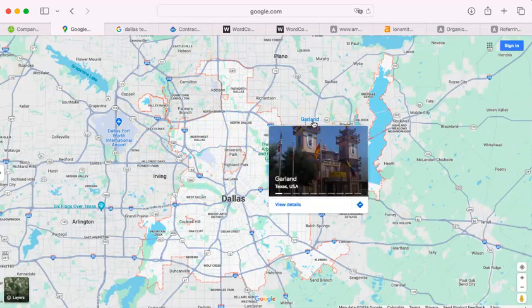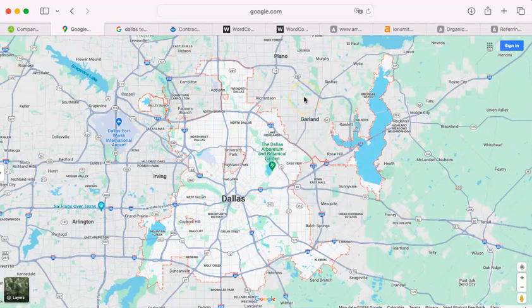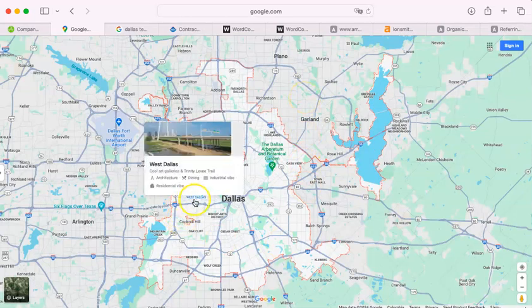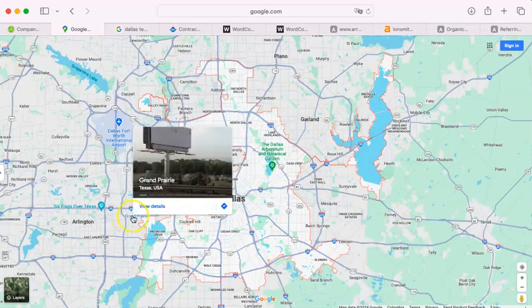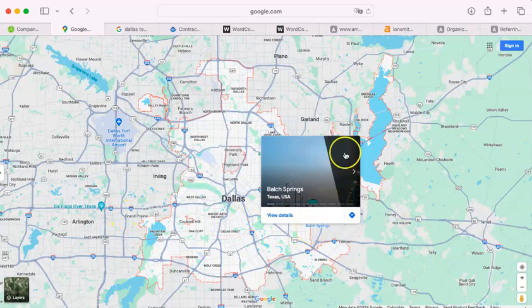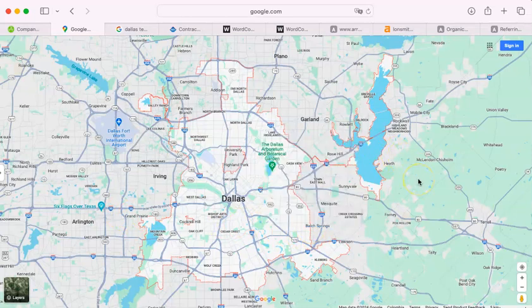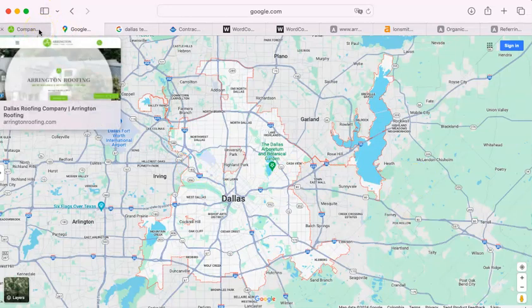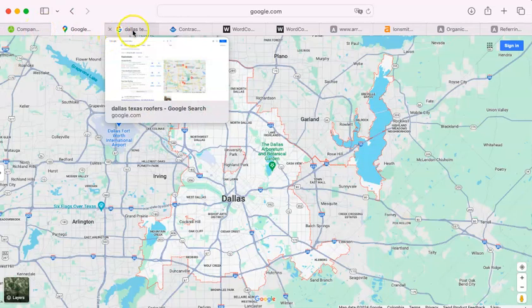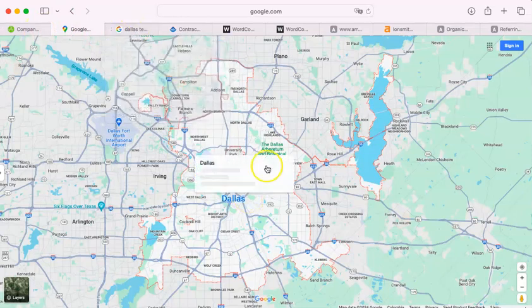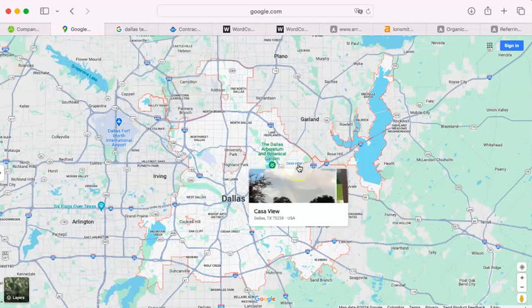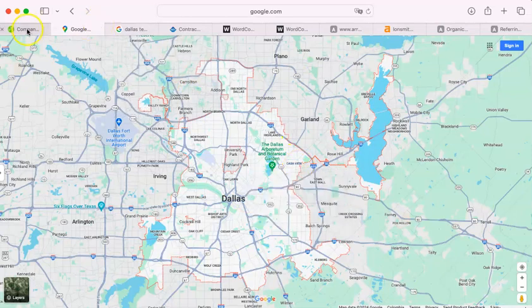The best, well, Garland probably has somebody that calls himself the best roofer, but I don't know if West Dallas does. I don't know if Grand Prairie does. And those are nice little communities that, if somebody wants to hire local, they're going to look on the web for that. And all you have to do to satisfy the Google algorithm is put it on a web page, and it is true. That's it. Right there. It's true. You are the best roofer in Casa View, right? And I assume that you think you're the best roofer.